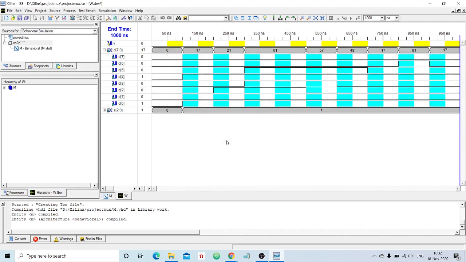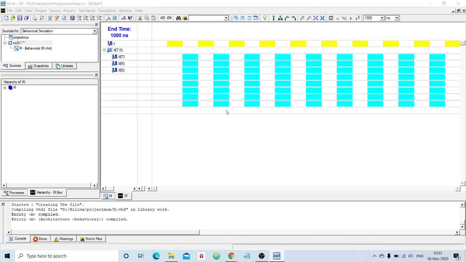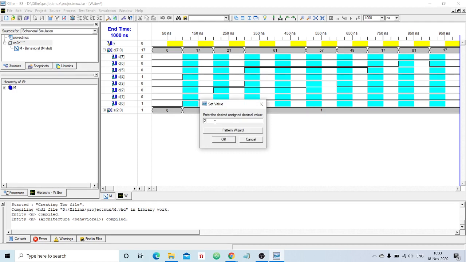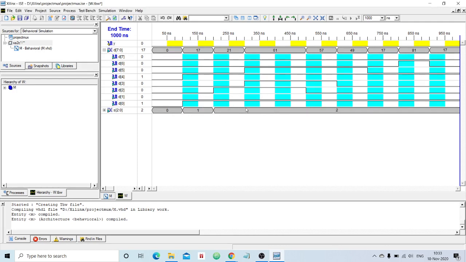I want to set the value 1 towards this side. Click OK. Now see here, the initial value has been shifted here, and I have set the value 1 after this. Similarly, use this as a border. After this, I need the value 2. So anywhere after this inside the gray box, you can click and enter the value as 2. Similarly, after this, I need the value 3.